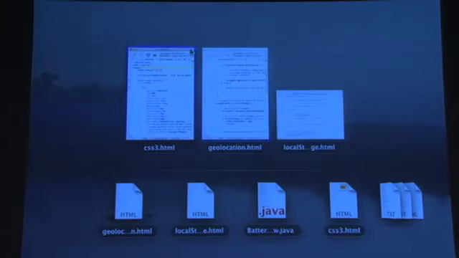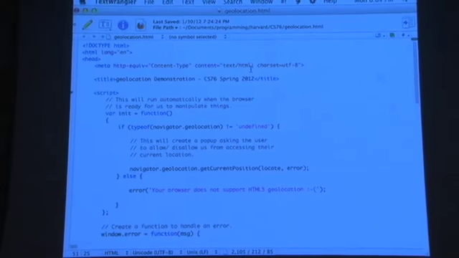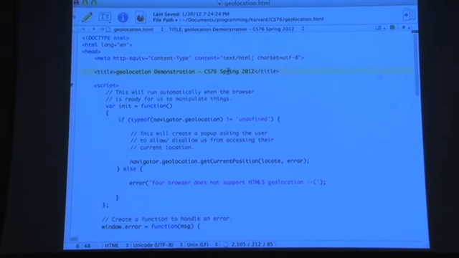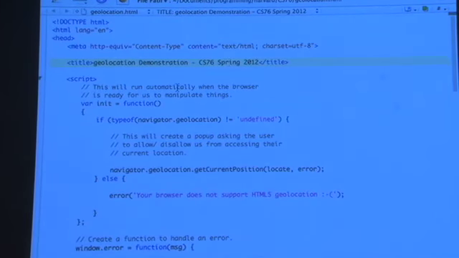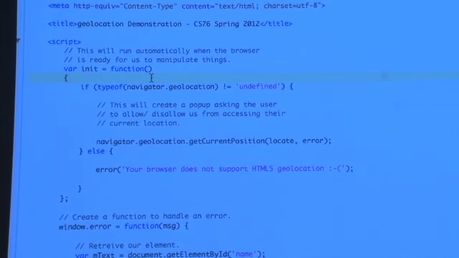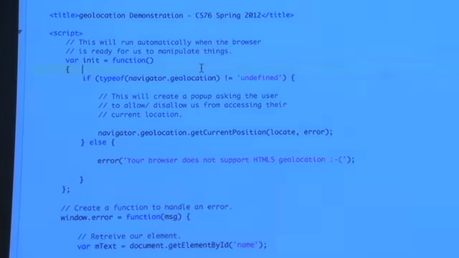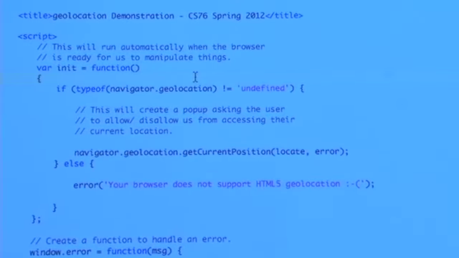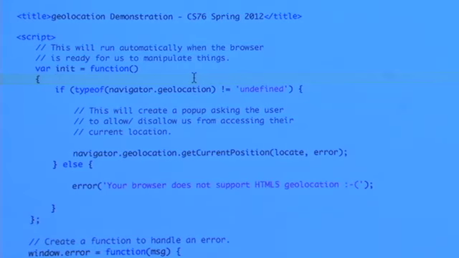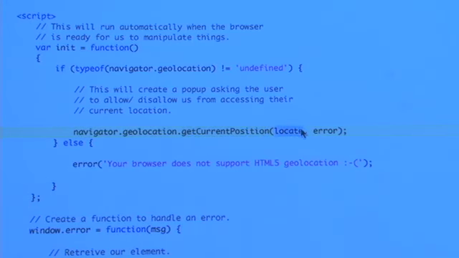If we're to look at the source code for this example, again, pretty much your standard HTML5 stuff. We have our title, similar pattern to what we saw before, how we're attaching this onload function. Again, you want to use Dan's example of how to handle whether or not the browser supports this feature, just because we don't want to get an error. And then we do that simple get current position, passing in a function for if we were successful, locate, or